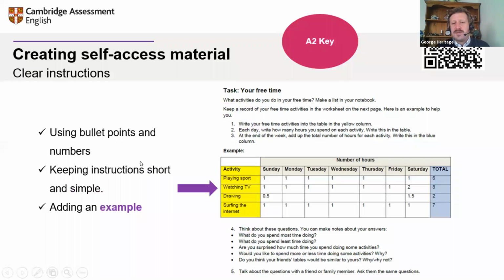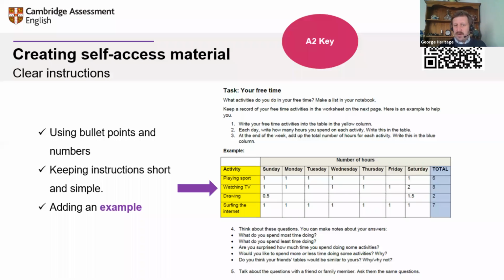And I think, as far as possible, always add an example of what they need to do. You'll be familiar with lots of our exams, they do have examples. All our young learners exams, I think a lot of First and Advanced, Preliminary and Key, after the last revision, some of the examples were removed. So if you are preparing students for those exams, make sure they do have a bit of practice beforehand.